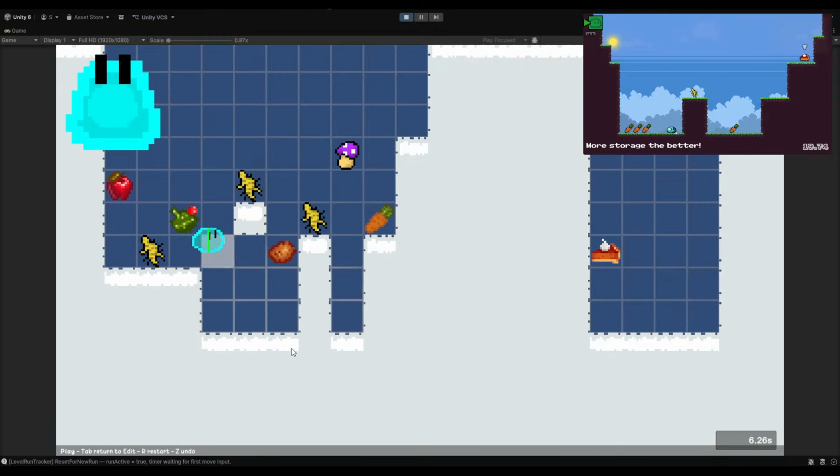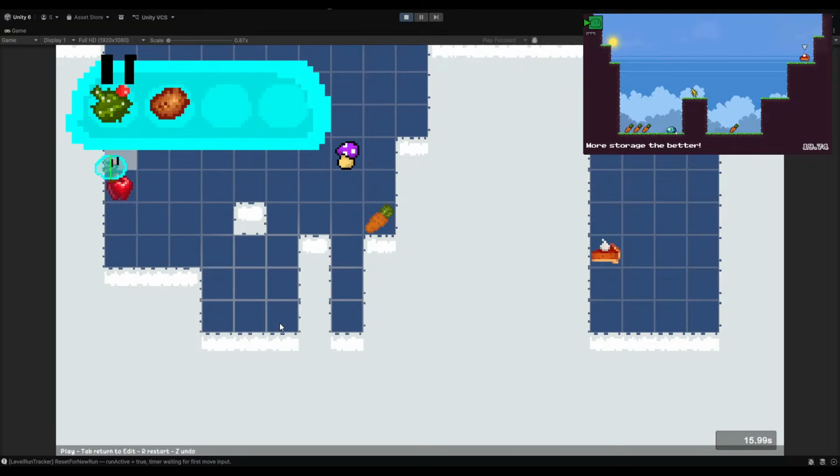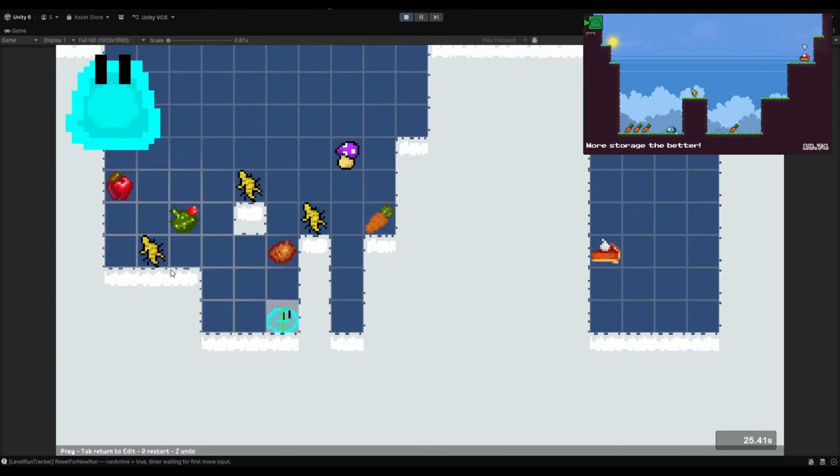So what happens if I'm at the starting point, I eat this food. If I undo, I should be expected to put the food back and go back once, right? And I will just show it off real quick. It works. If I pick up this food, I undo, I go back. And I can pick up all of these, and if I undo, go back once. That one actually happens twice, and I'll talk about why that happens. It works. So yeah, it's a system that works, but holy crap, it took a while.